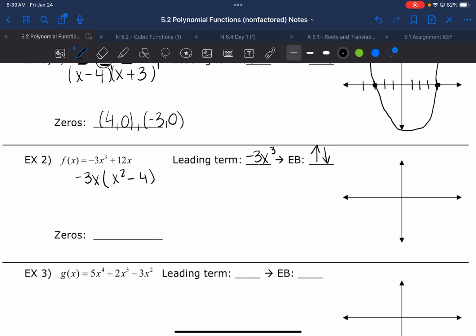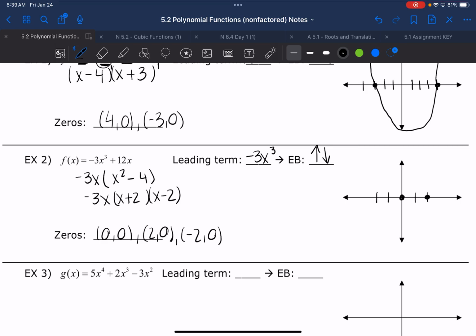Okay, so now I've got negative 3x times x squared minus 4. Are we able to factor this any further? Yeah, we got a difference of squares here, right? So we have negative 3x, and then our difference of squares factors are going to be x plus 2 and x minus 2, right? Okay, so where are we going to have zeros? Very good. All right, so 0,